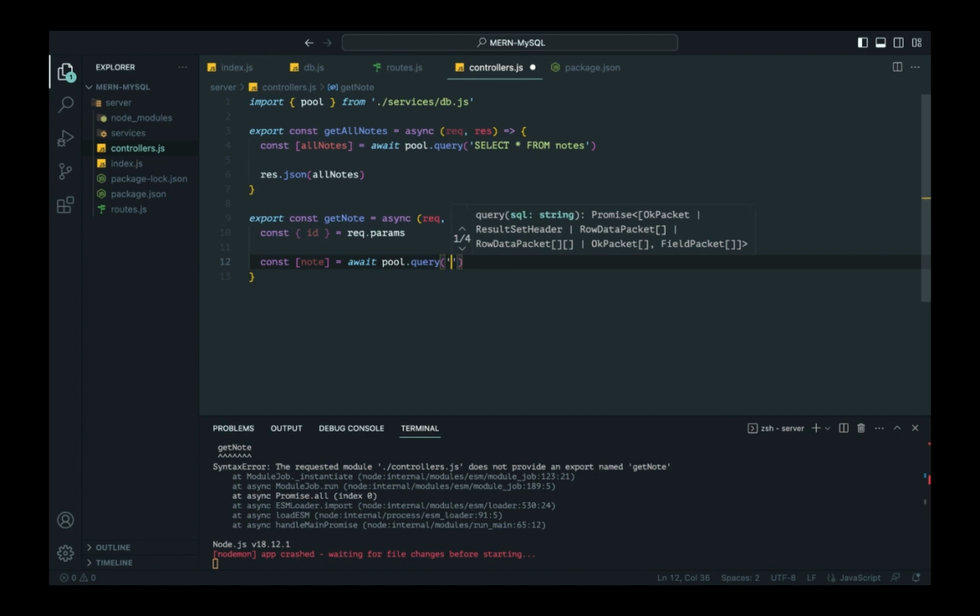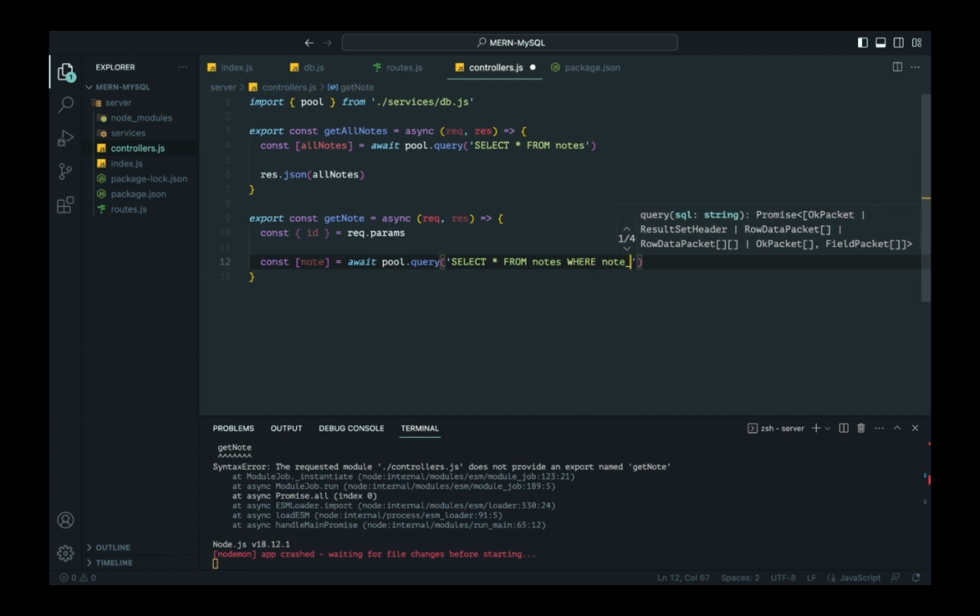So here inside the query will be select all from nodes where node ID will be equal to,